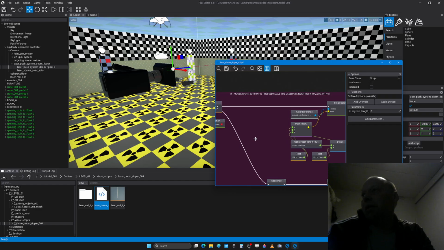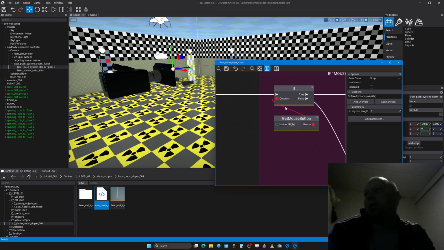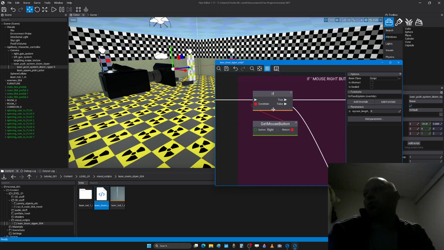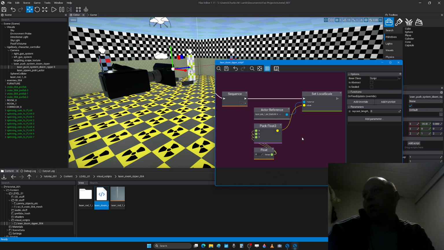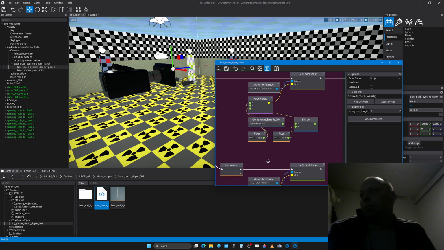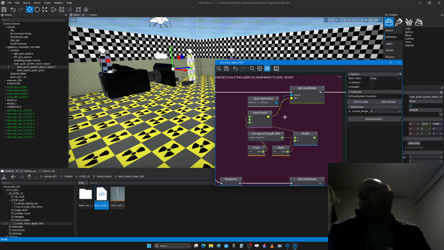So this here basically, for lack of a better word, if I press the right mouse button, is true, then it shoots the laser, and if I don't, then it doesn't shoot the laser, or in a sense I scale the laser to 0, 0, 0, like we did with the coins in the last tutorial, and the laser disappears. And then I get the length of the raycast